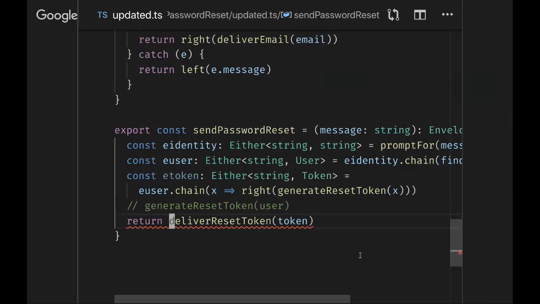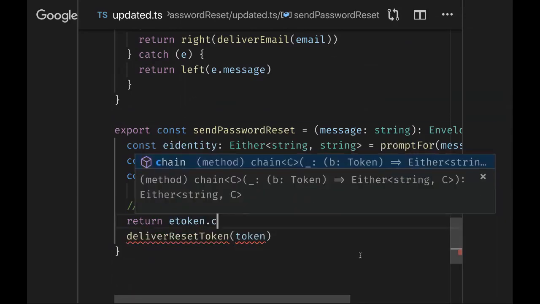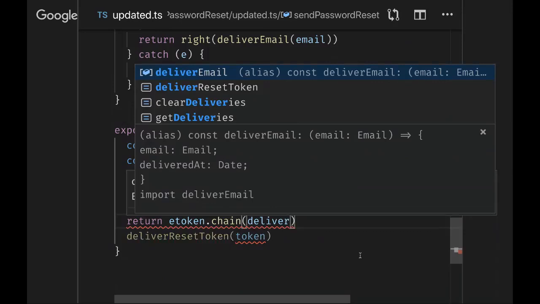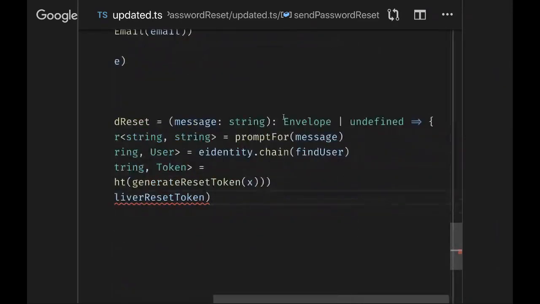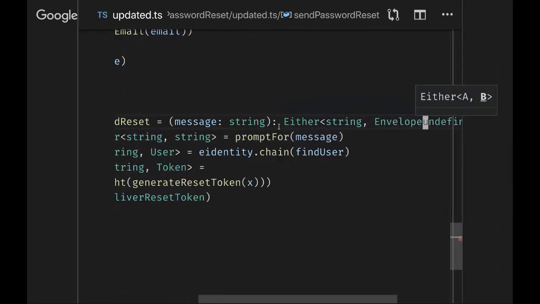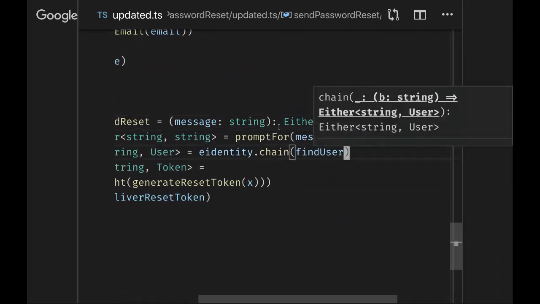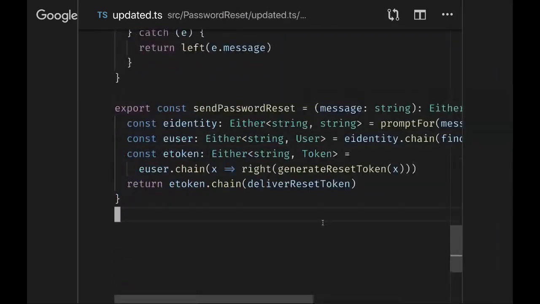And so I want to return the result of taking that either error or token and chaining that through deliver reset token. And when I do that, I don't have an envelope or undefined. I have an either string or envelope. Okay, so that gets it to type check.